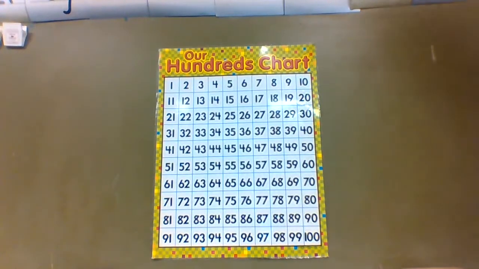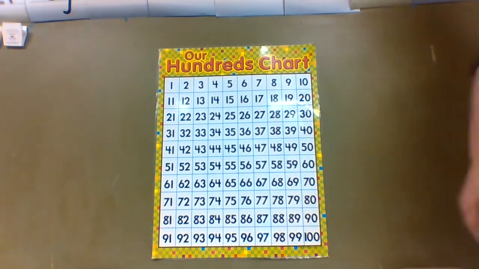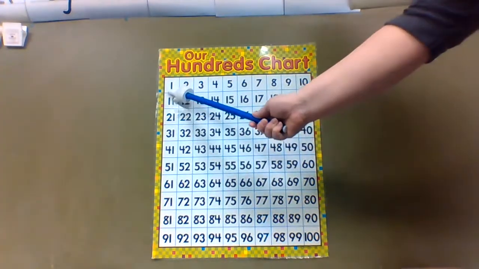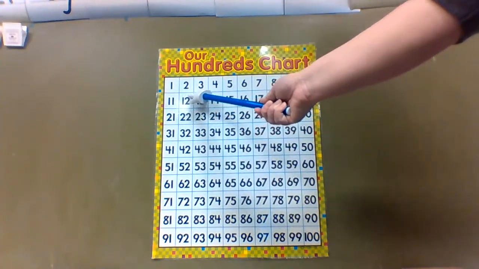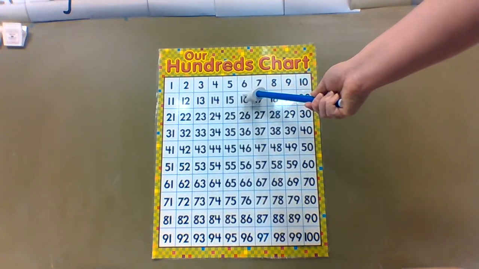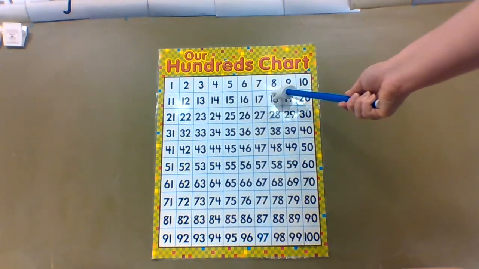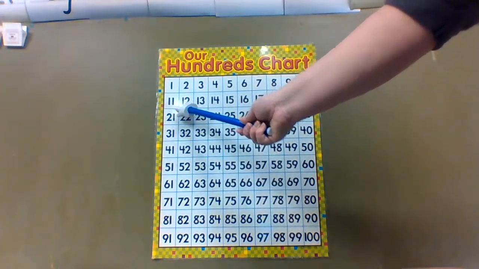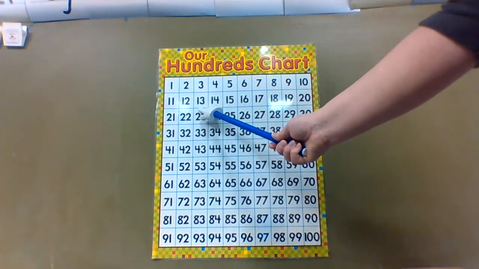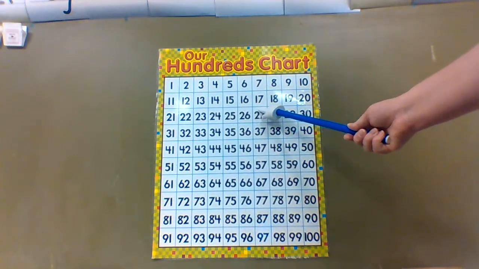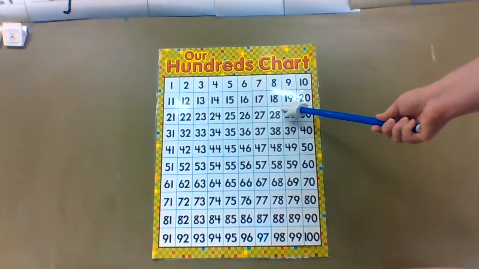All right, let's count to 100. Remember, counting by ones, tens, fives, and twos. Let's begin. 1, 2, 3, 4, 5, 6, 7, 8, 9, 10, 11, 12, 13, 14, 15, 16, 17, 18,